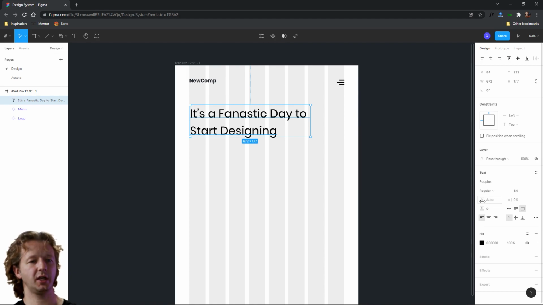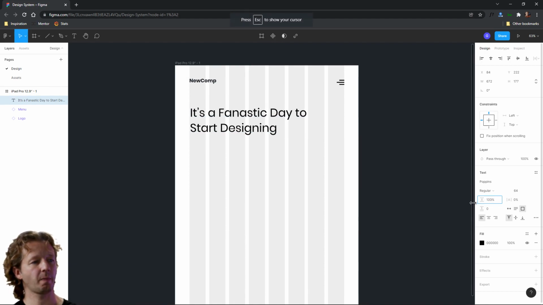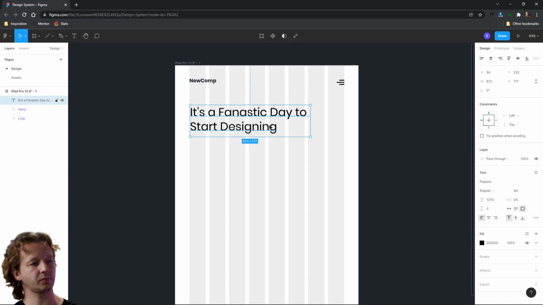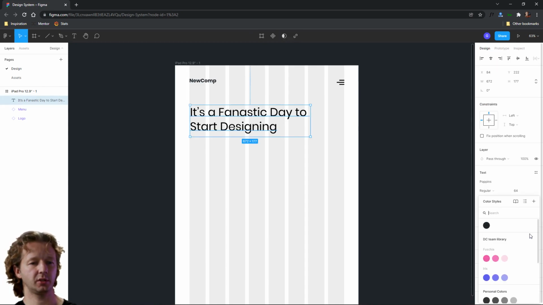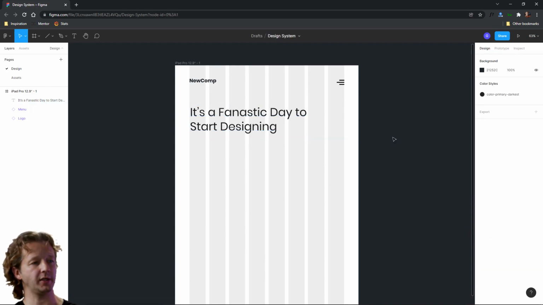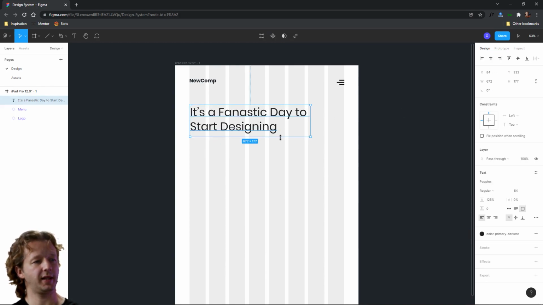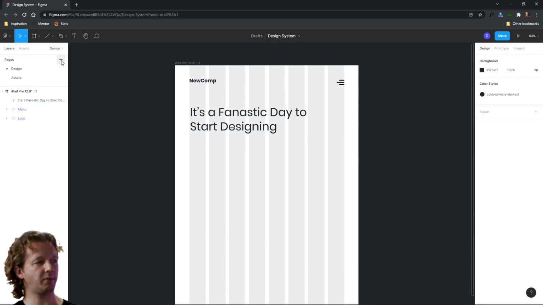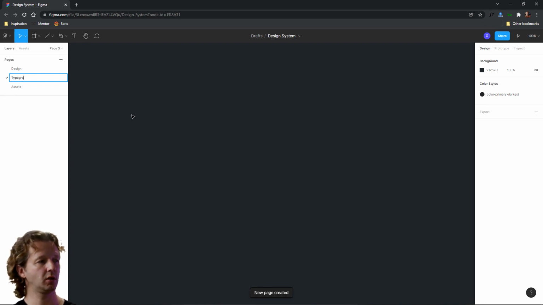All right, and so I'm also gonna adjust the leading right here, which is the line height. Let's do 125% for that. And let's also use our primary color, which is right here. Great. All right, so for this section right here, let's go ahead and create the typography section of our design